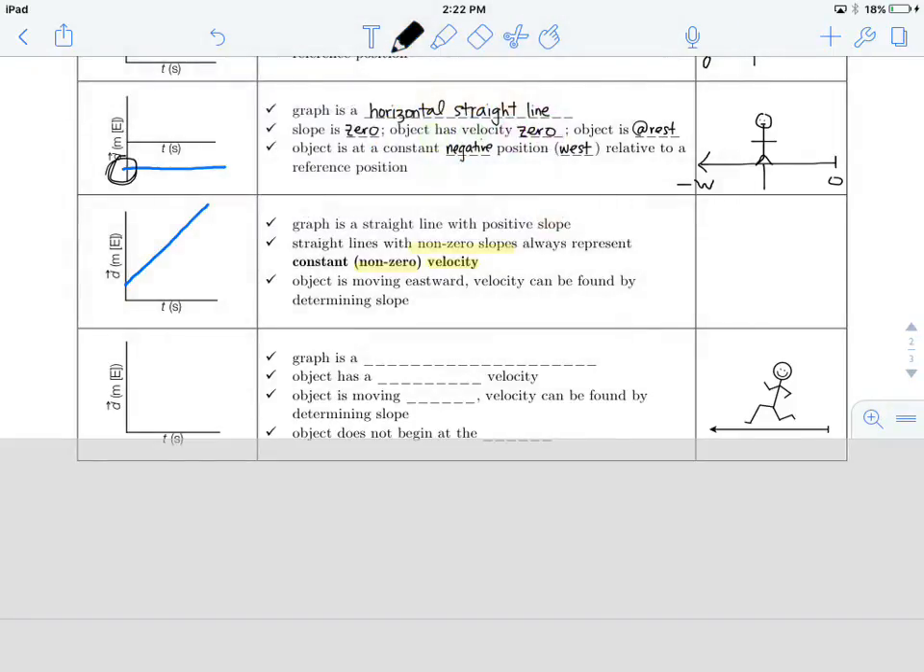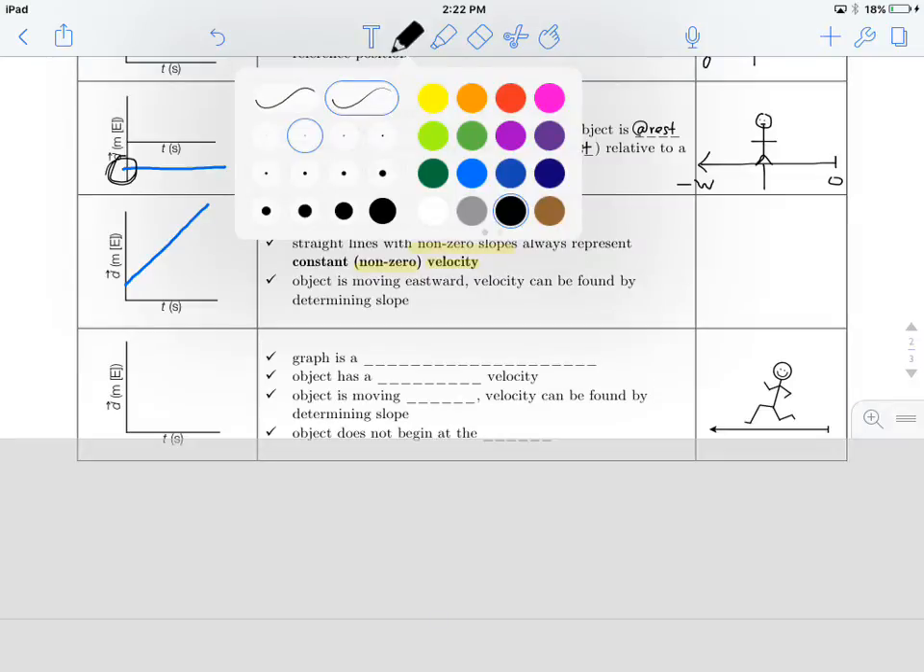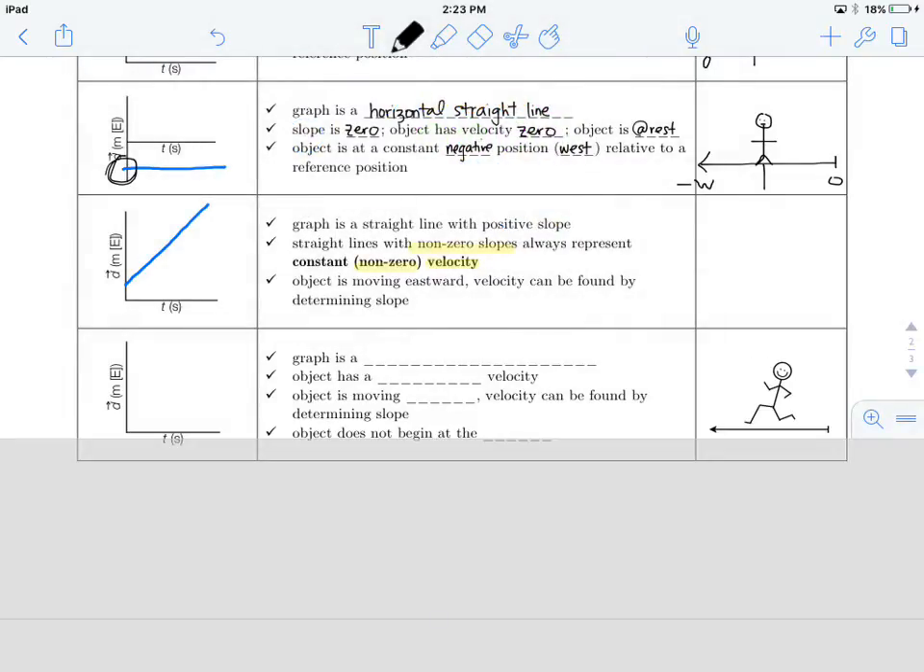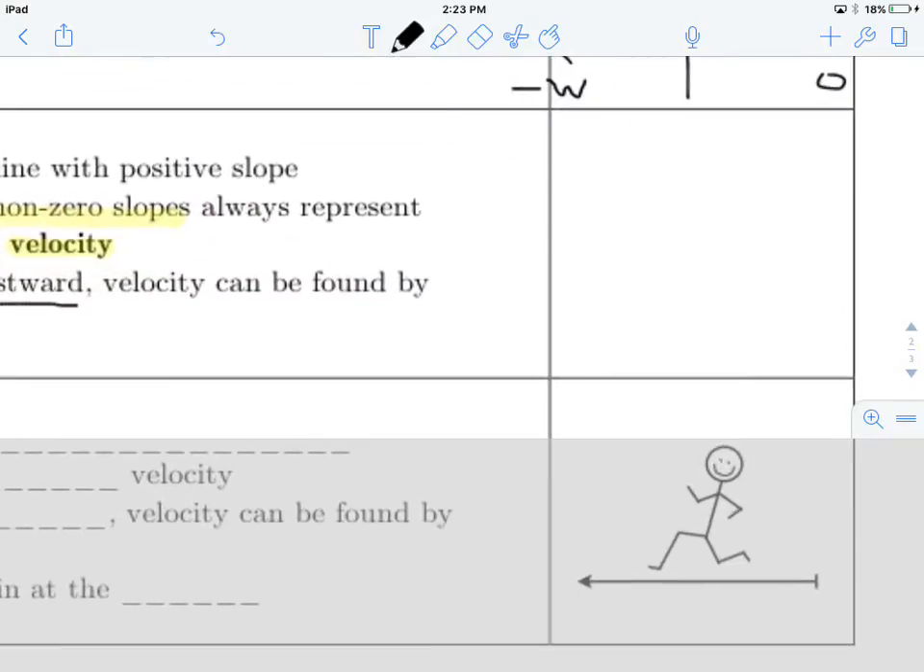Okay, good, so it's moving. This is a little bit different. Now, because it's a positive slope, it means that it's moving in a positive direction, which means it's moving eastward. This is one of those things that takes a lot to connect. This has a positive slope. A positive slope means it's moving in the east direction. So if we were going to draw this,